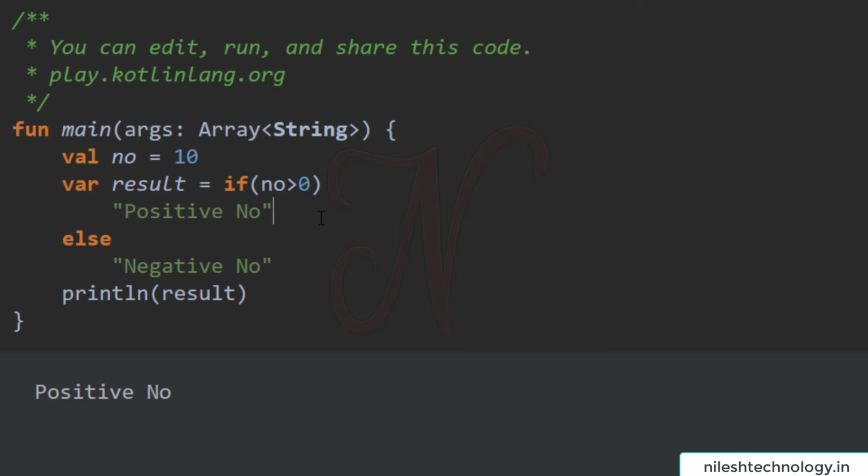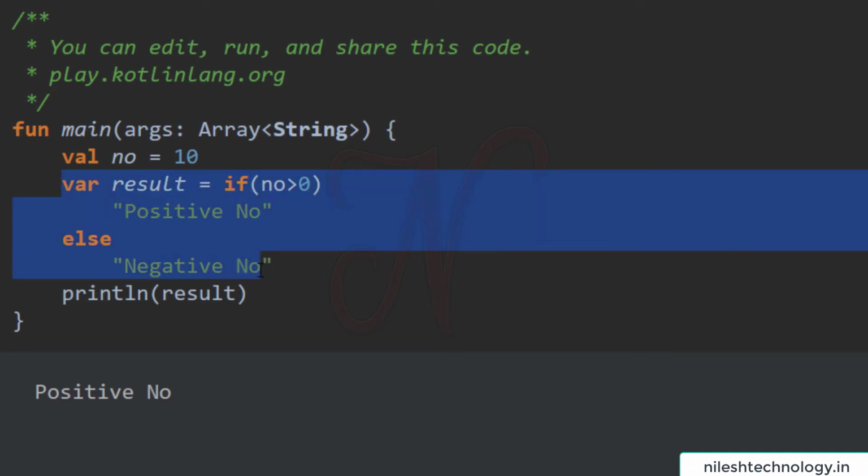If there is only one statement in if and else, then there is another way to use this if else statement in Kotlin. See here, var result equal to if. If there is only one statement in the if and else blocks, then you can also define this expression in one line.